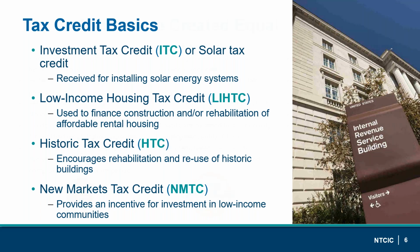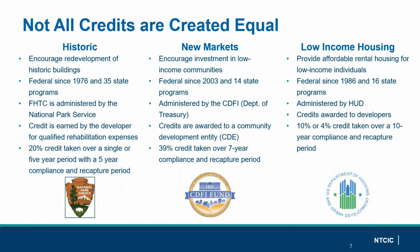But all tax credits are not created equal. They incentivize different outcomes, as we've already discussed. They're administered by different agencies, and they are taken over a different period of time, resulting in a different compliance and recapture period and requirements. Looking at tax credits in the most basic sense,